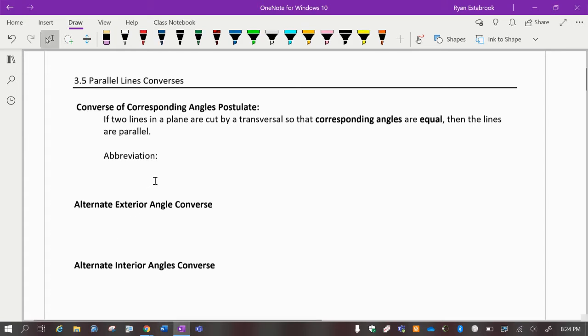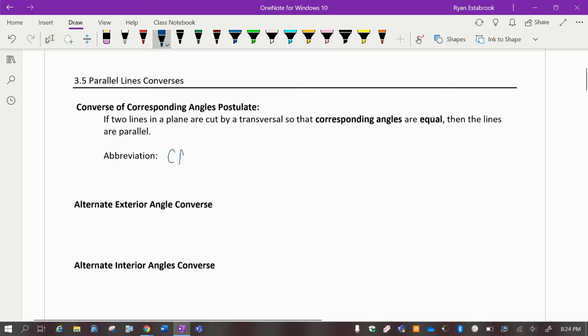However, in this one, we're saying if two lines are cut by a transversal so that the corresponding angles are equal, then the lines are parallel to each other. So we're saying if the corresponding angles are equal, then the lines are parallel. So here's our abbreviation for that. In other words, if we know that these two angles are equal to each other, and this is what we're starting with, then we could say that those two lines must be parallel to each other because those corresponding angles